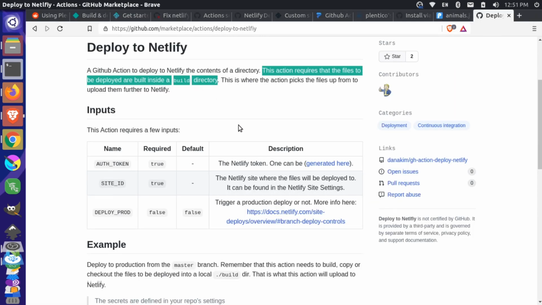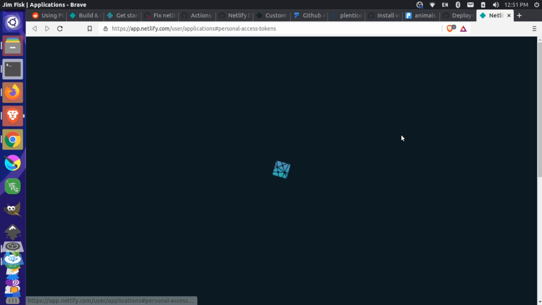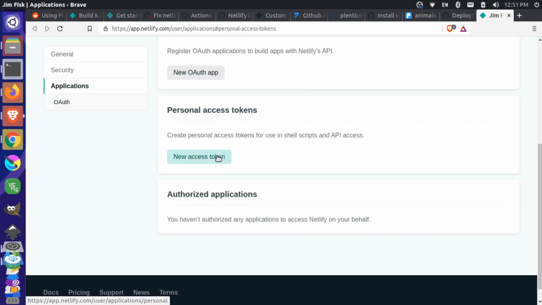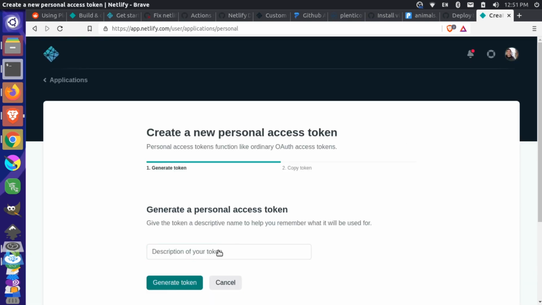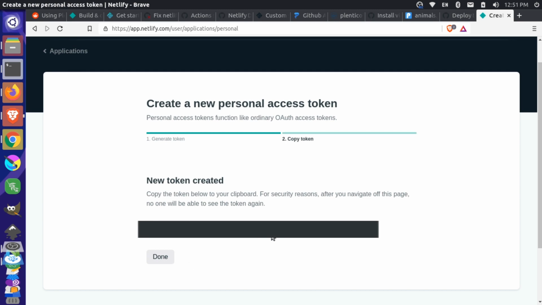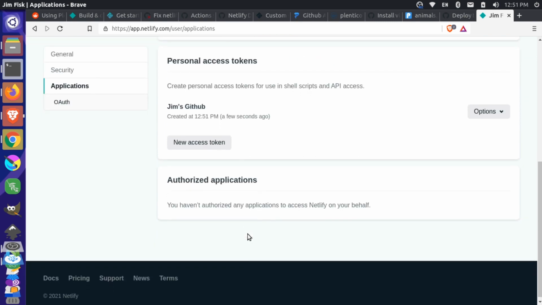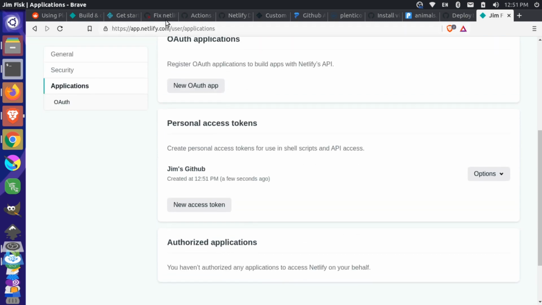We're compliant with that. Then we're going to have to create the access token again. So I deleted my last access token that I just created. Let's create a new one. We'll call this Jim's GitHub one more time. I'll generate the token and I'll copy this. Say done. So we have a new access token,